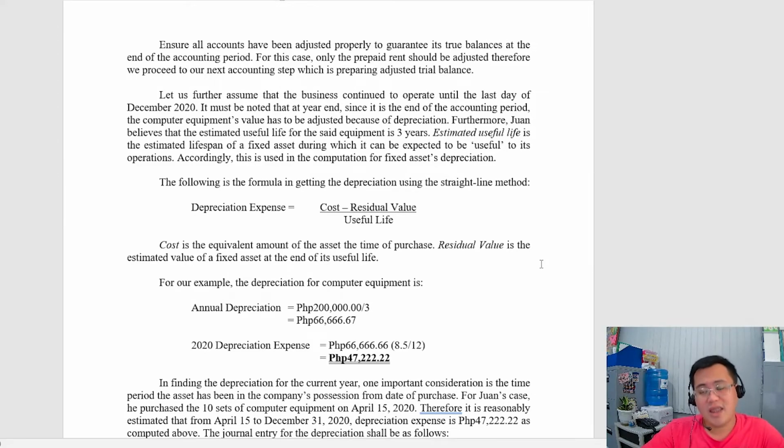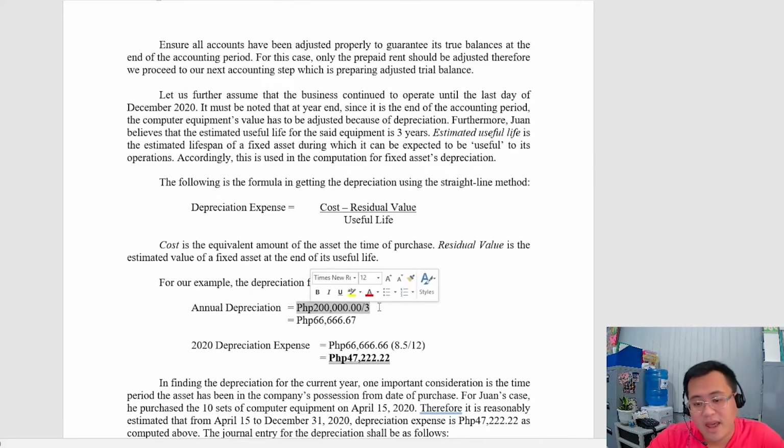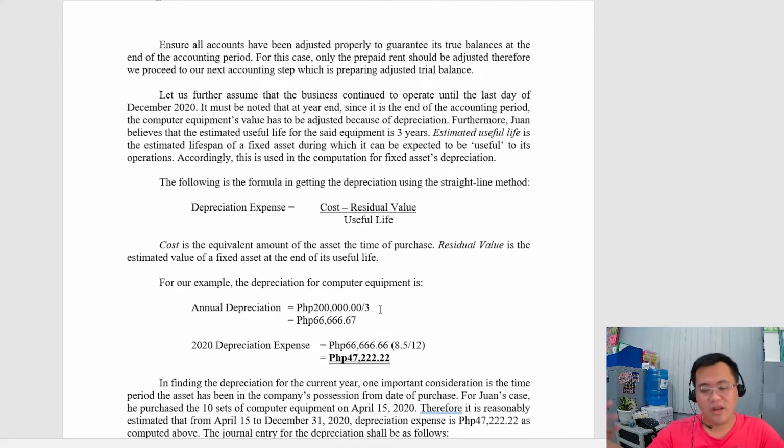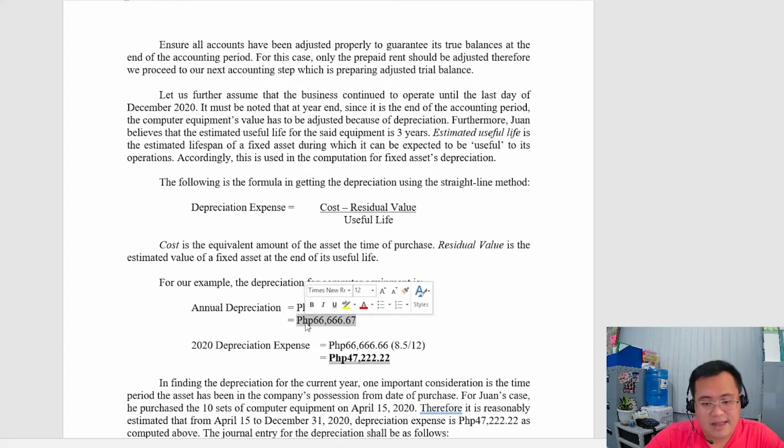Okay, how much then is the annual depreciation for a computer? So we have here 20,000 pesos divided by 3 years, because we believe, or Juan Rodriguez believes, that there is no residual value for the computers, meaning to say at the end of year 3 the value is already zero. Therefore, the annual depreciation is 66,666.67 pesos. Okay. Therefore, for 2020 depreciation expense, the annual depreciation expense is 66,666.66. However, you have to prorate it because